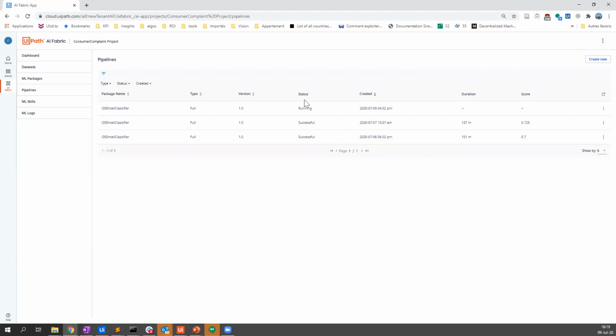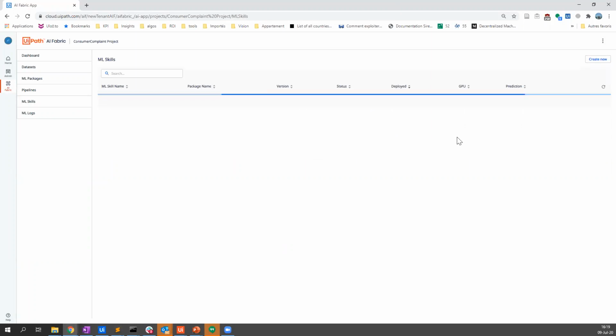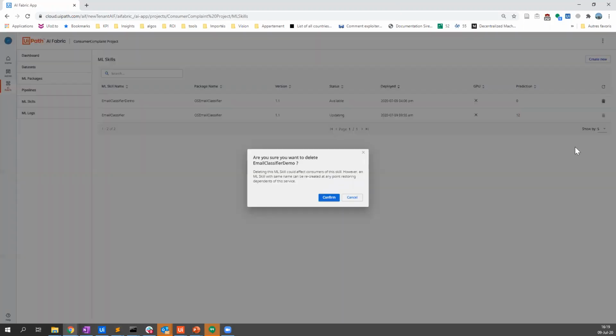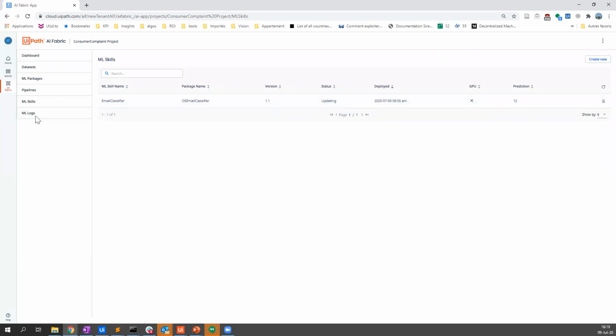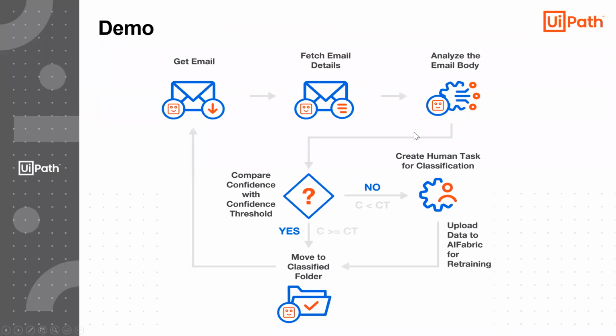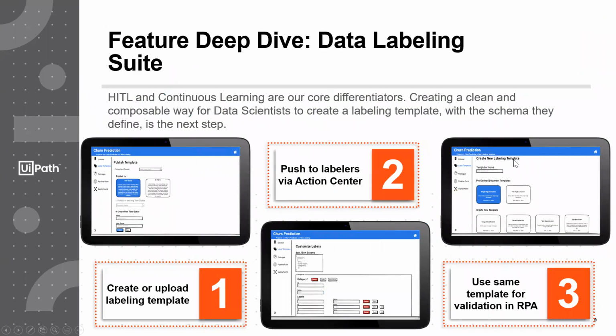Once the pipeline is done, or once you kill the pipeline, the licenses are freed up. The same if you want to remove the skill, the license will be freed up. So let's do that. Actually, it won't be enough because it will still be taken by this one. But if I remove both of them, then you will see the licenses available. And that's pretty much it on how to use the AI Fabric and very efficiently put any machine learning model that you have in an automation workflow on the Studio.